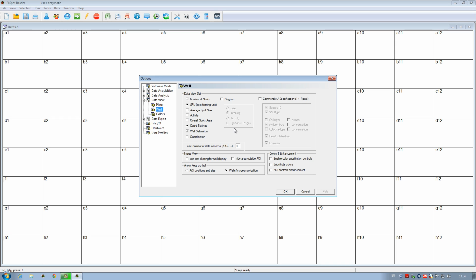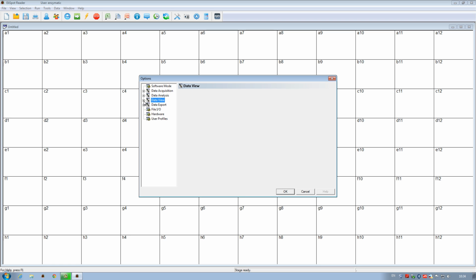I usually leave this tick box unchecked as I like to see the inner wall reflections when looking at my ELISpot wells in detail. It gives me a sense of presence and orientation that I like to have when analyzing my plates. The anti-aliasing tick box can have dramatic effects on some older AID readers where leaving it unchecked can result in a very pixelated image. However, for the more modern AID spectrum model used in this tutorial, it does little to influence the visual appearance. Nonetheless, you should try both options and see what looks best with your particular reader.